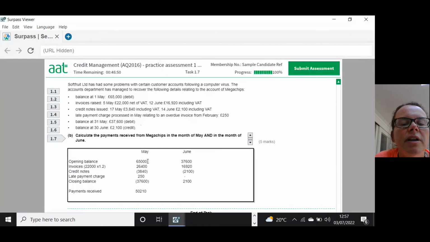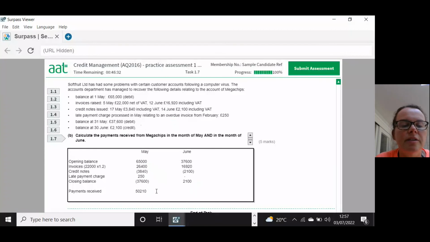So 65, that's going to be 80 odd. No, I think I've laid that out correctly. Why aren't they? I'll check this in a minute. I think it's okay. I don't have a calculator to hand,